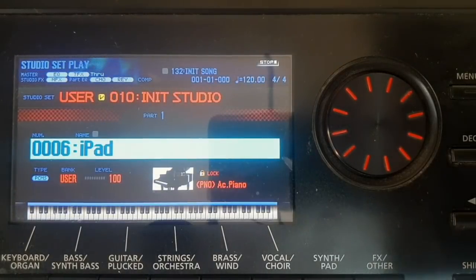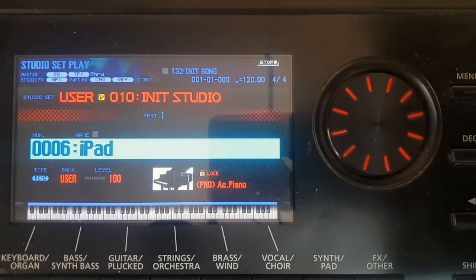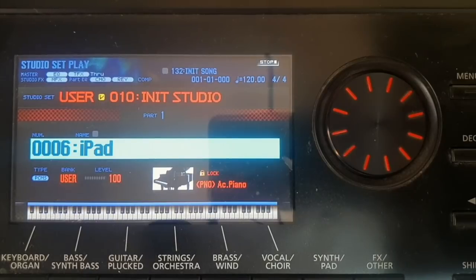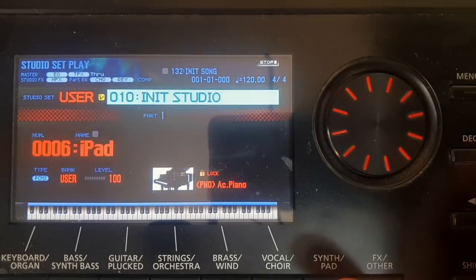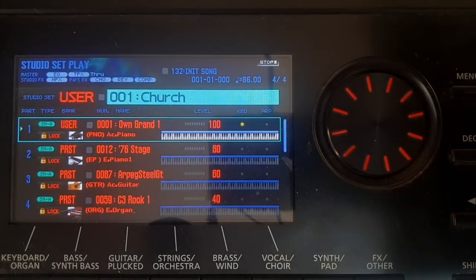So what we've done now is we've created a tone that doesn't generate any sound, as you can hear. I'm pressing, you can see here, I'm pressing. It doesn't create any sound, but it's going to send MIDI to wherever we want it to go, in this case, the iPad. So once we have saved that, we can go back to our church studio set, and now